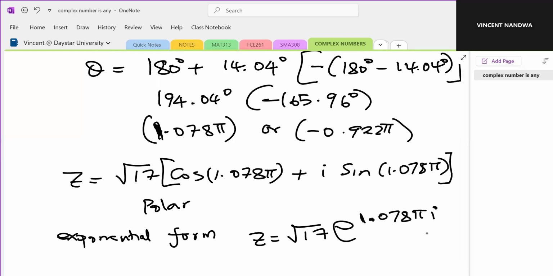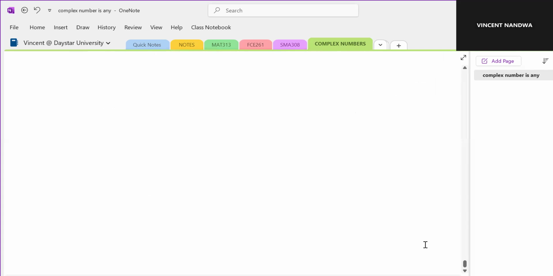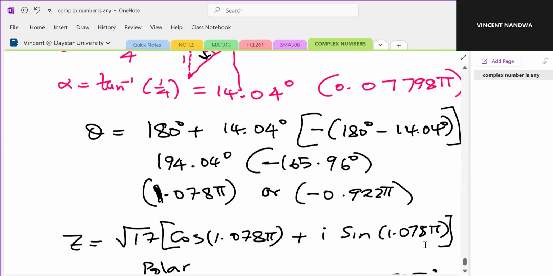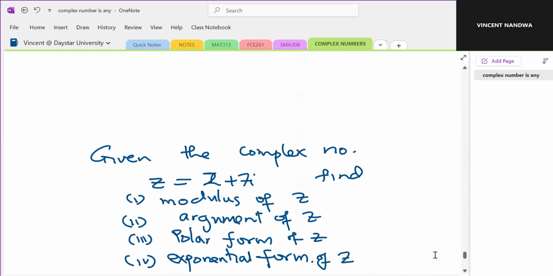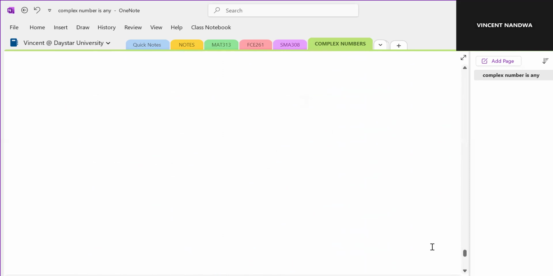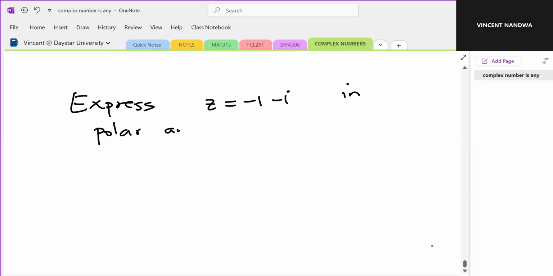And then lastly, express Z equals -1 minus I in polar and exponential form,